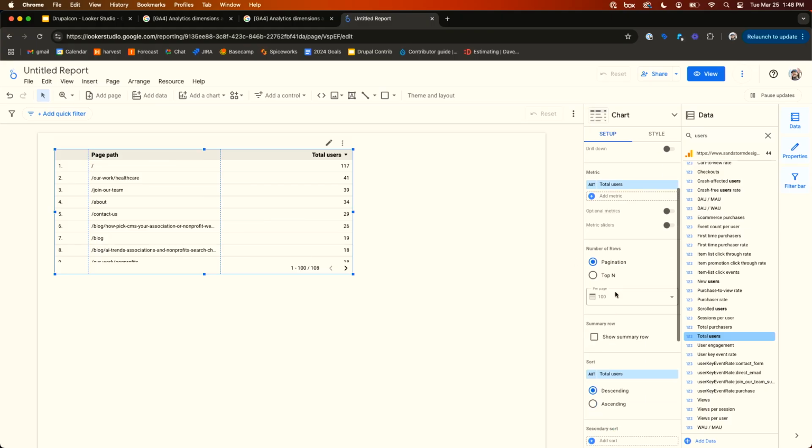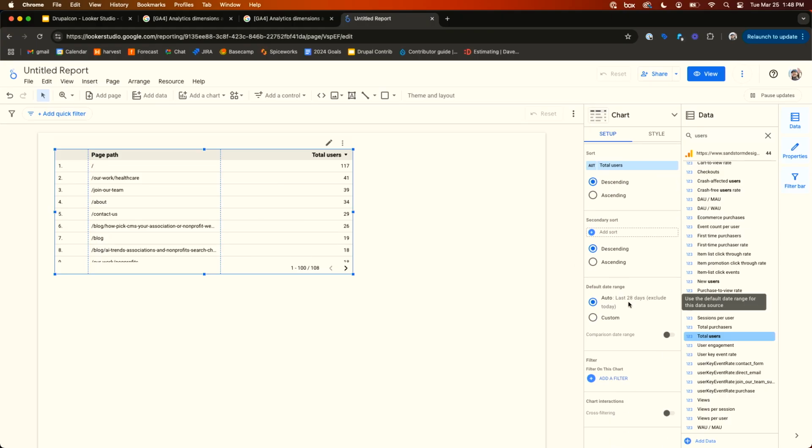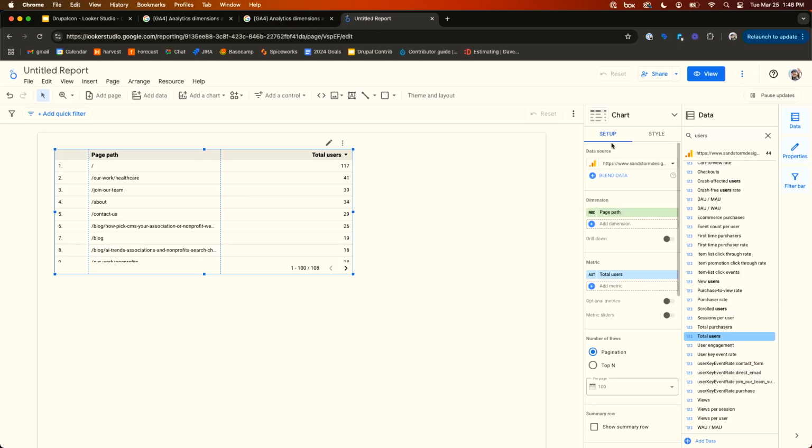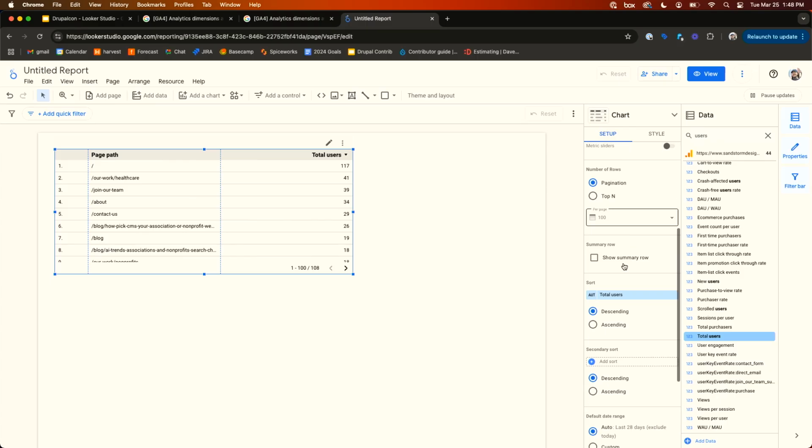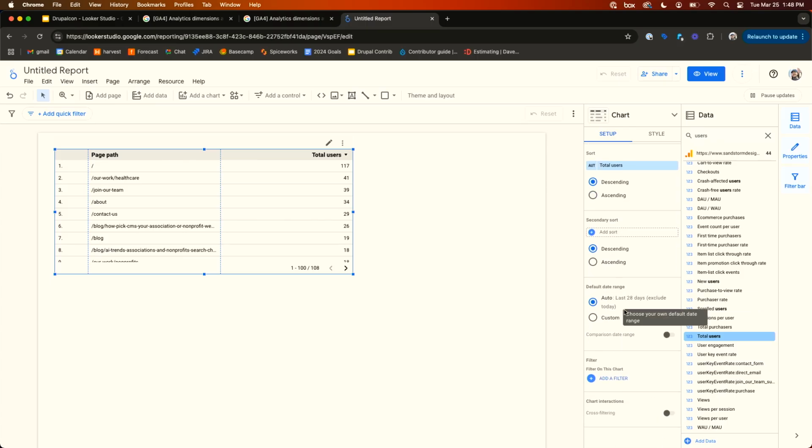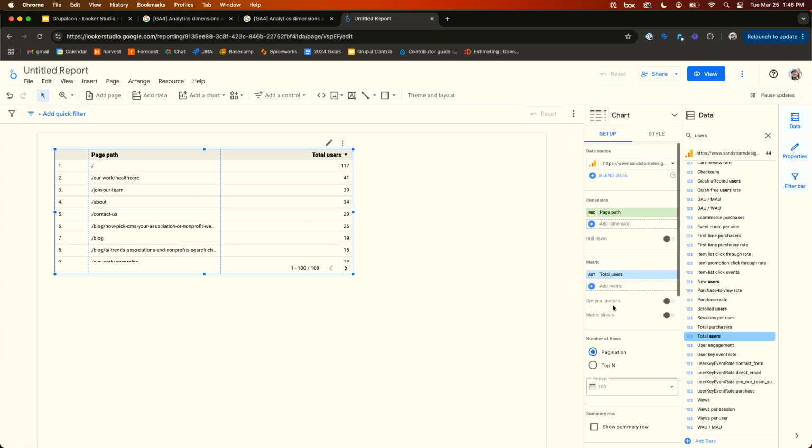By default, when you create a new chart in Looker Studio, it's going to default to the last 28 days. I was just hovering over the Setup tab and then scrolling down. There are ways for you to adjust this within the chart setup itself, but what we recommend is using a filter,